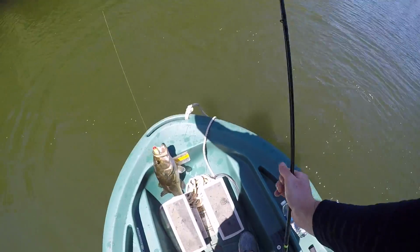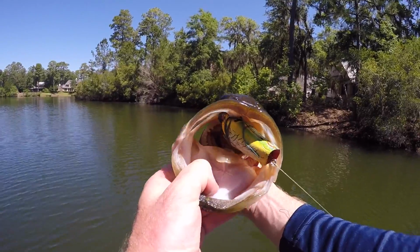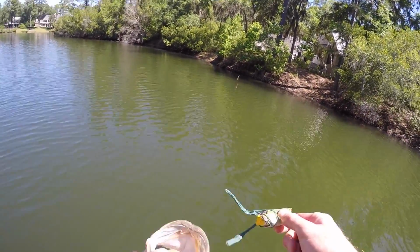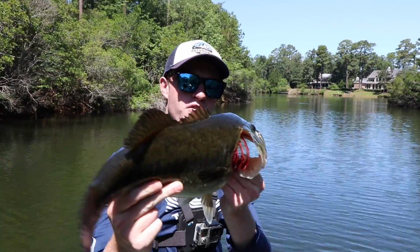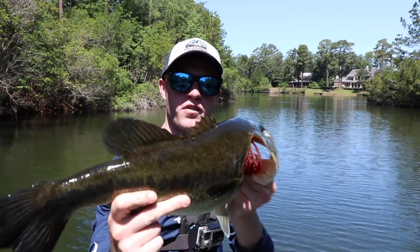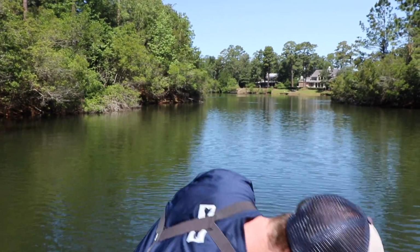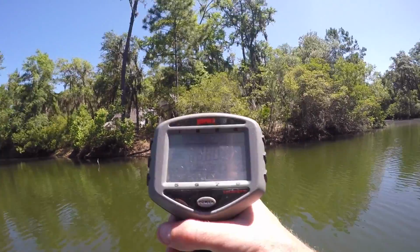Oh yes, that's what I'm talking about. Quality hook set right there in the top of the mouth. Let's pop that out. Get y'all a better look at this guy. There it goes. Second fish here, definitely a quality fish. Probably about 3 something. I'll throw it on the scale for y'all. Let's see what it weighs. And she reads